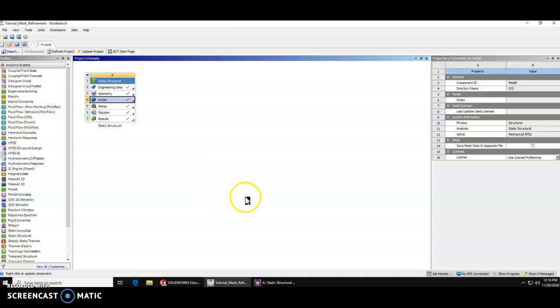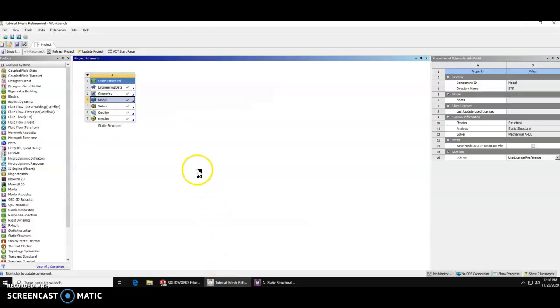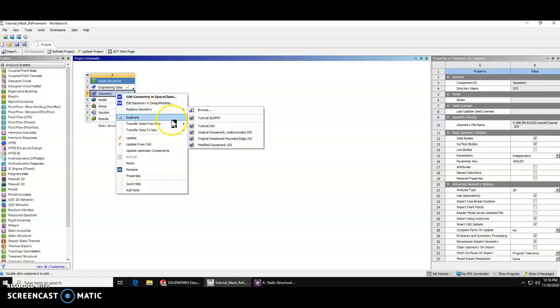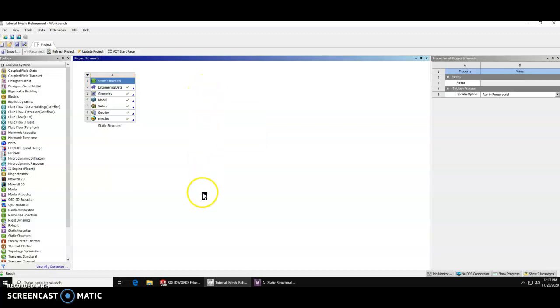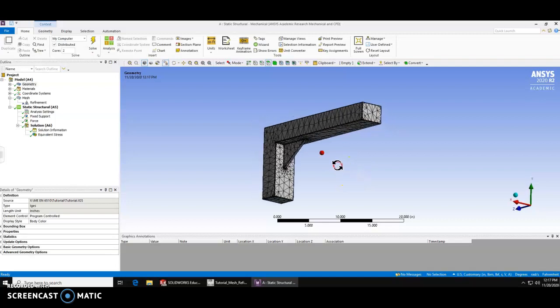But to show you what I've got here, I've just created an example geometry in SolidWorks, and then I saved that as an IGS file, which I have found imports well into ANSYS. So I just right-clicked here on geometry, and then you can insert your geometry and browse and choose your part. And then when we open mechanical, we've got this here. So we've just got a basic member. It's just a solid couple of bars put together, and we've got this